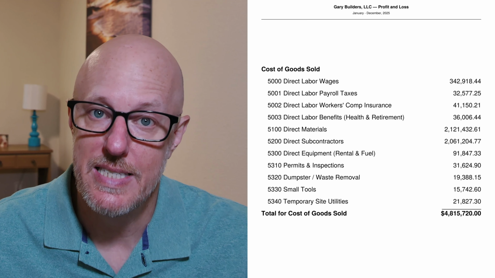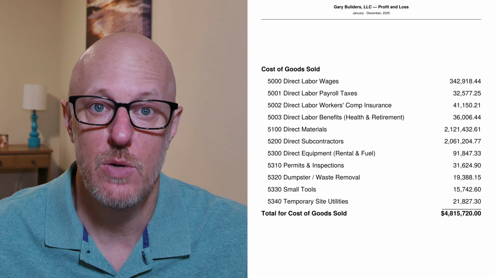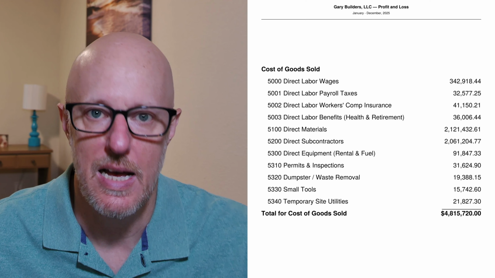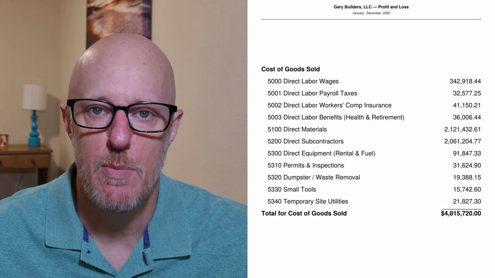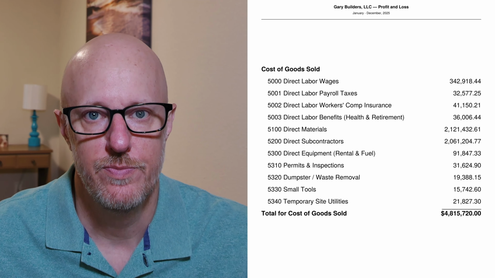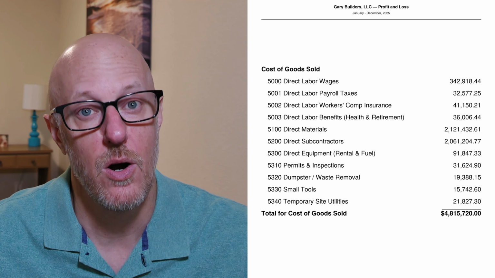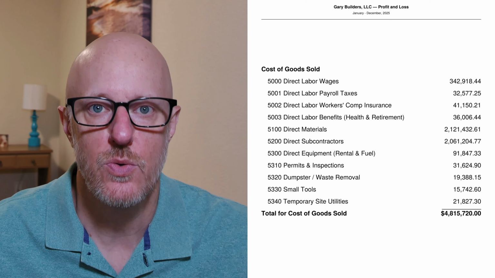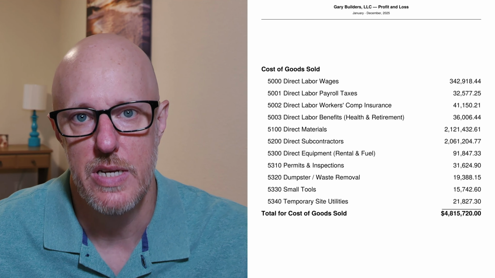QuickBooks actually gets this label right, so no confusing wording change here. Cost of goods sold means exactly what it sounds like. It's everything a job actually costs you to do. Here's a useful shortcut, not a hard rule. If a cost rises and falls with the jobs you're actually doing, it generally belongs here in cost of goods